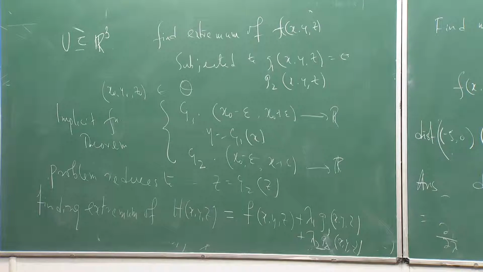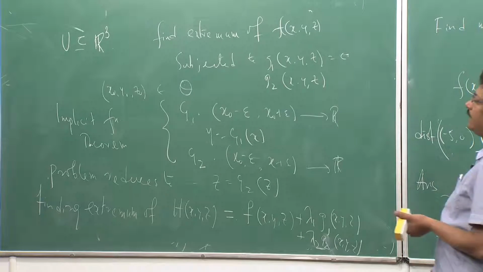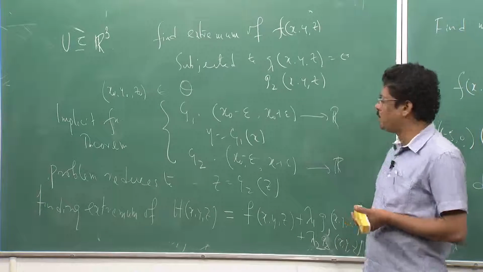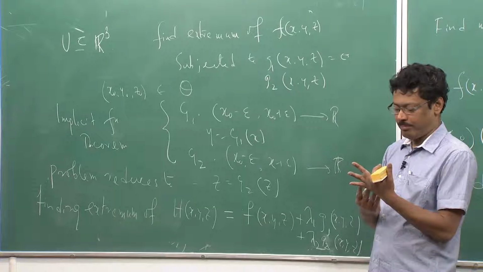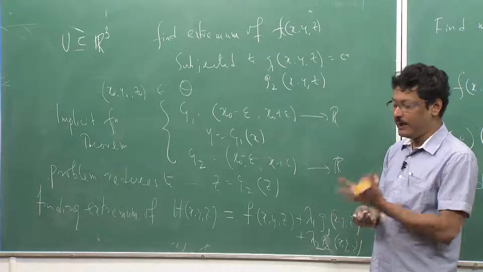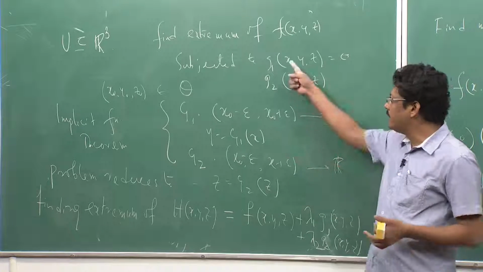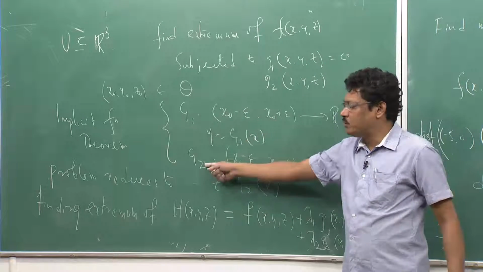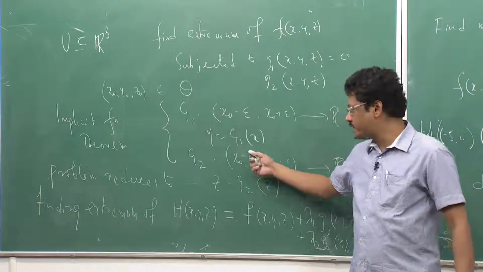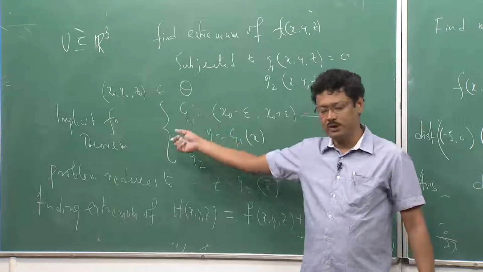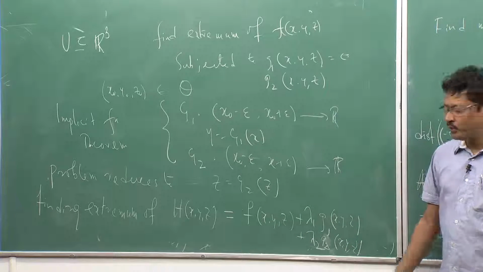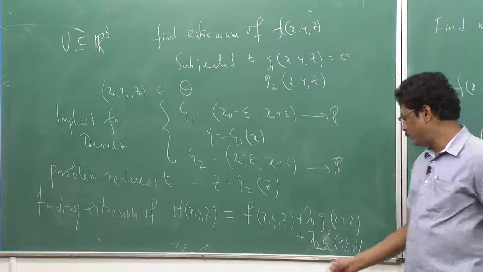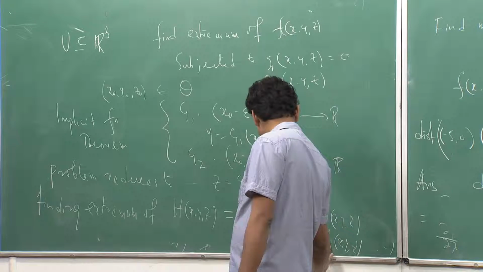You go through the derivation; instead of del f, del x and del f, del y, here it will involve del f, del x, del f, del y, del f, del z, and G1 prime, G2 prime. You will have three equations, you have to remove G1 and G2 from the equations, you will get back to this one. So, do the derivation yourself. I will put it as an assignment problem also.